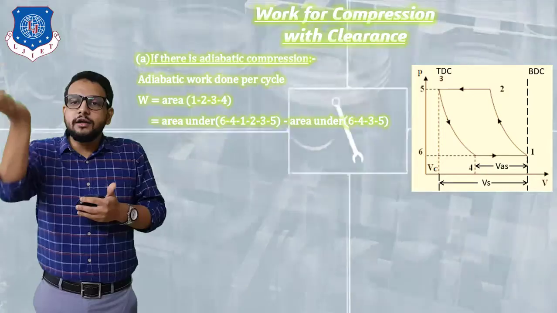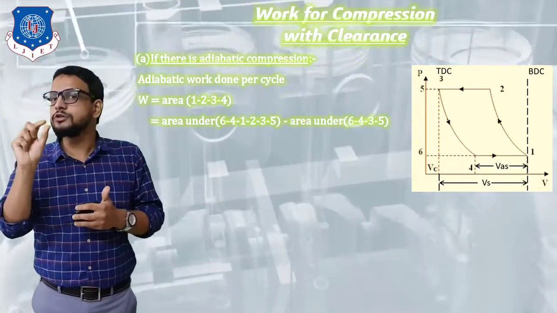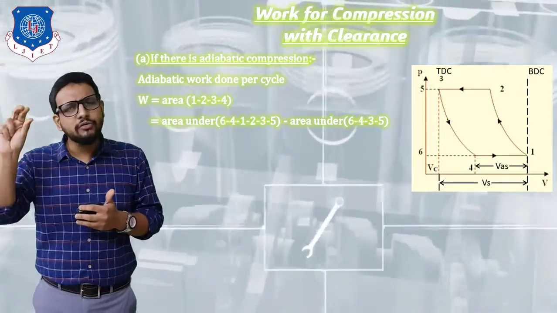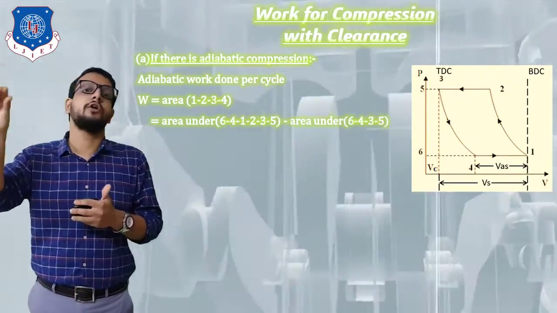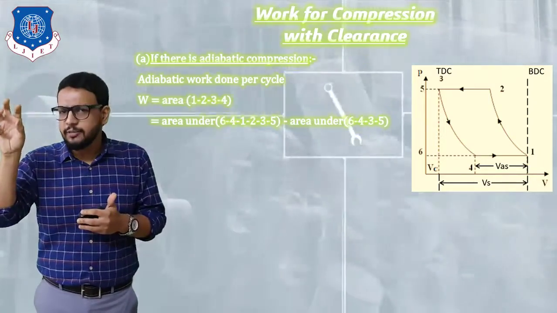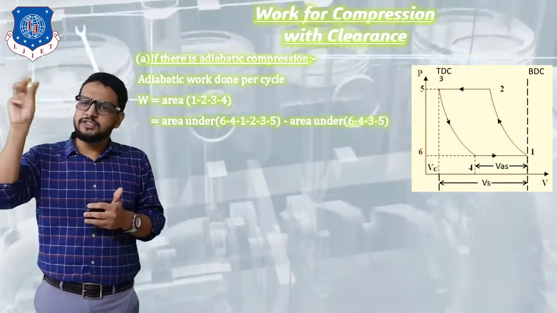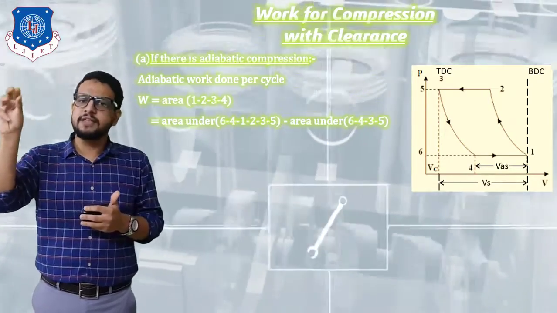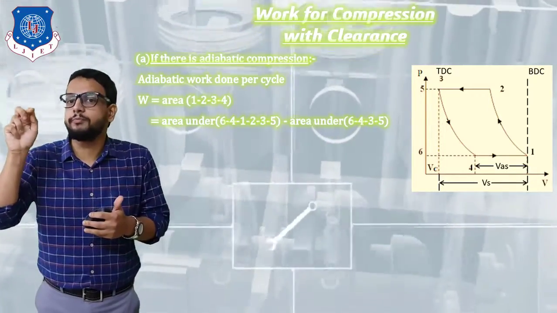Now when air is delivered to the air receiver, even after that, because of the clearance volume, some amount of compressed air will always be present in the clearance volume. Remember. Let's say the required delivery pressure is 10 bar, which means some very small amount of compressed air at 10 bar will be present in the clearance volume. Now what effect can this compressed air have on our process?